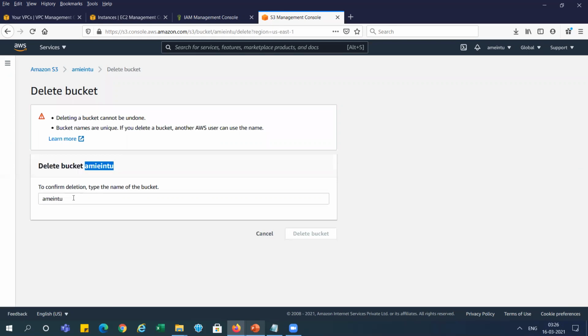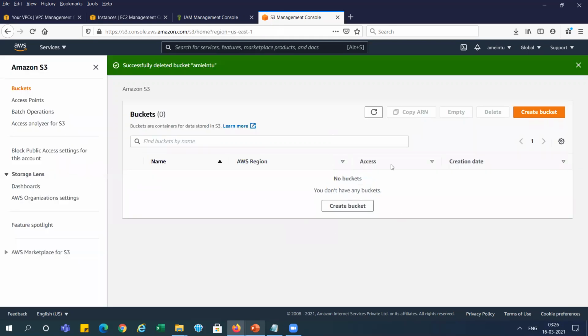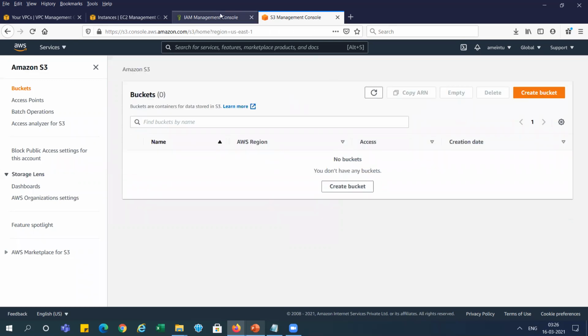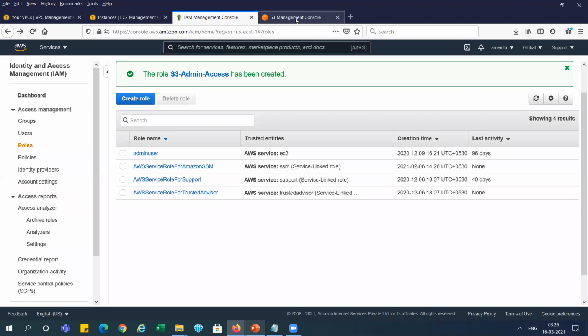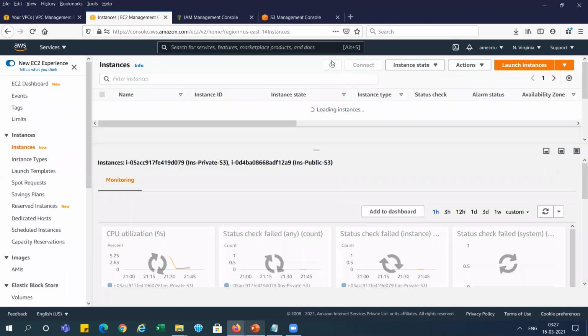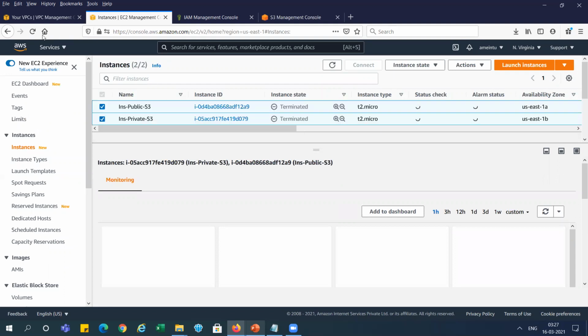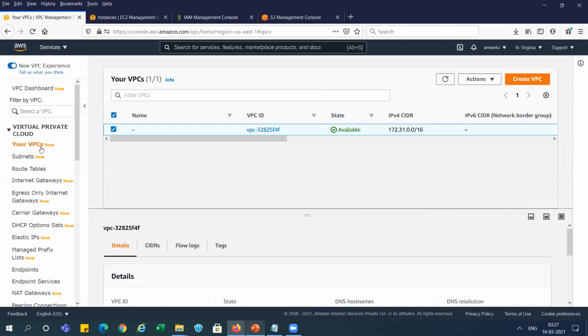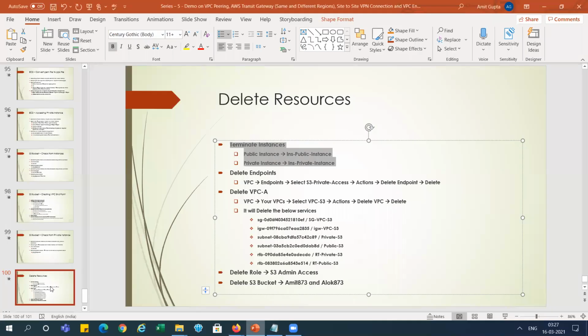This bucket is deleted, right? So we have deleted everything: roles as well as S3 buckets and instances. You can see it is deleted, terminated, and the VPC also, right? And we have deleted the endpoints. Everything is deleted, and we have done the deletion.